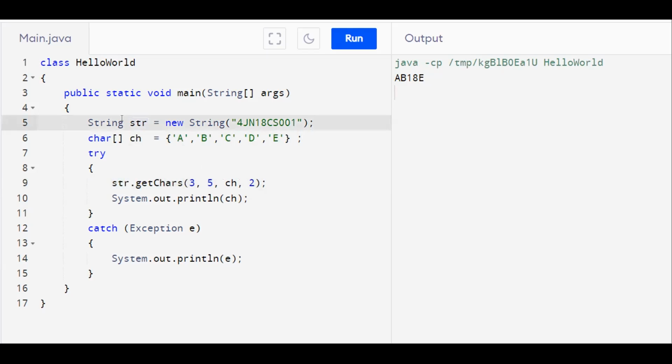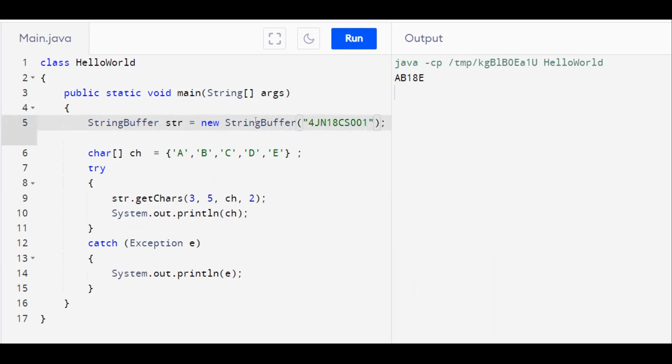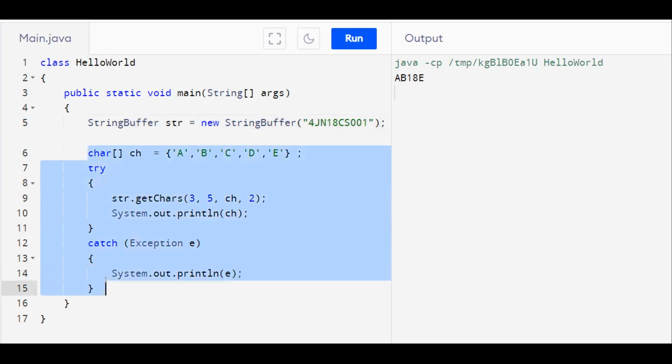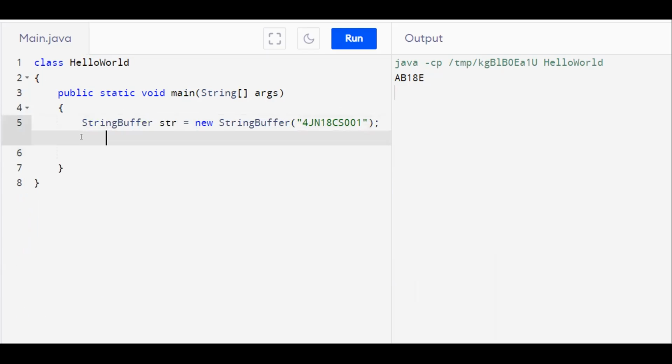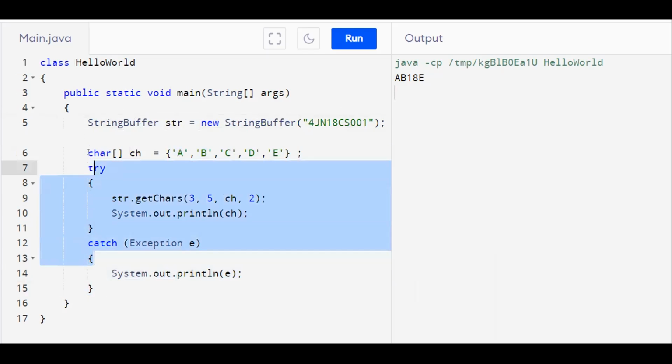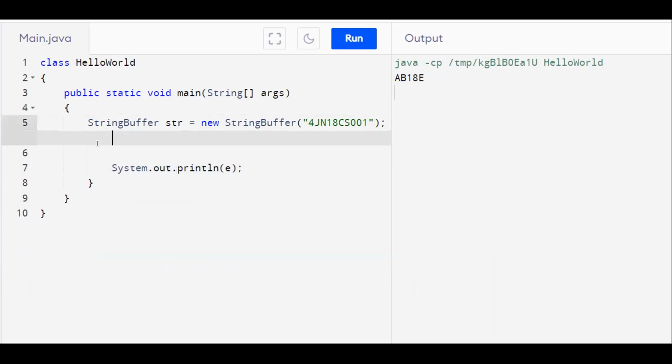We have one more, that is the append method. We shall see that also. The append method just works like the string concatenation plus operator.